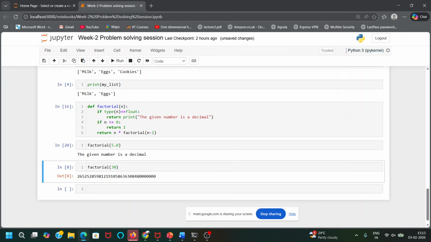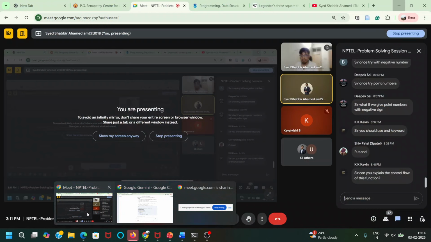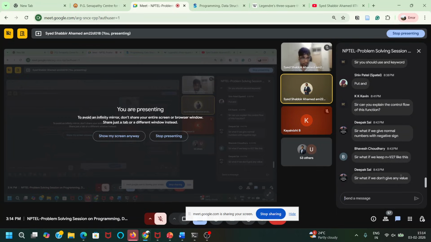Although I have written 5 as 5.0, it should make this an integer, evaluate it, and give me 120. So you think about how you can change 5.0 to an int in this function and take care of that problem. You can do it as an exercise. You can add some condition.